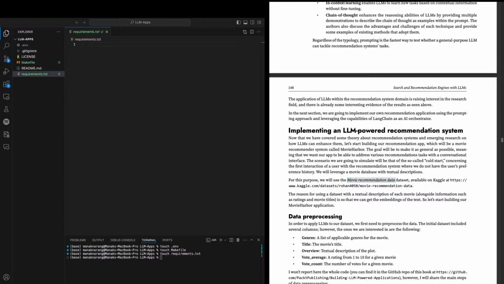Let me search Kaggle for some other sort of dataset. There's books, music, movies, games, food, anime.